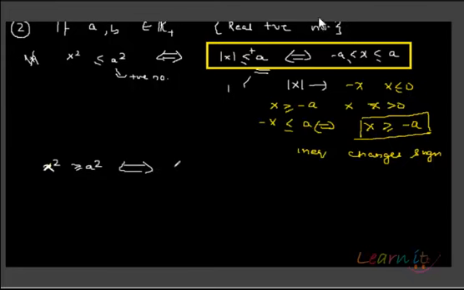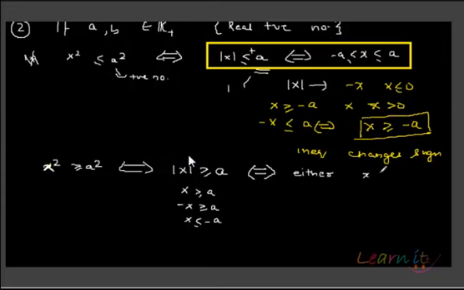So the second case that we can look at is x square being greater than or equal to a square. Now what happens there? Taking the square roots, mod x is greater than or equal to a. Now again, what that means is that x is positive or negative, so both the cases hold. Either x is greater than or equal to a, or minus x is greater than or equal to a. Now minus x is greater than or equal to a is the same as saying x is less than or equal to minus a, right? The inequality changes with the minus sign.